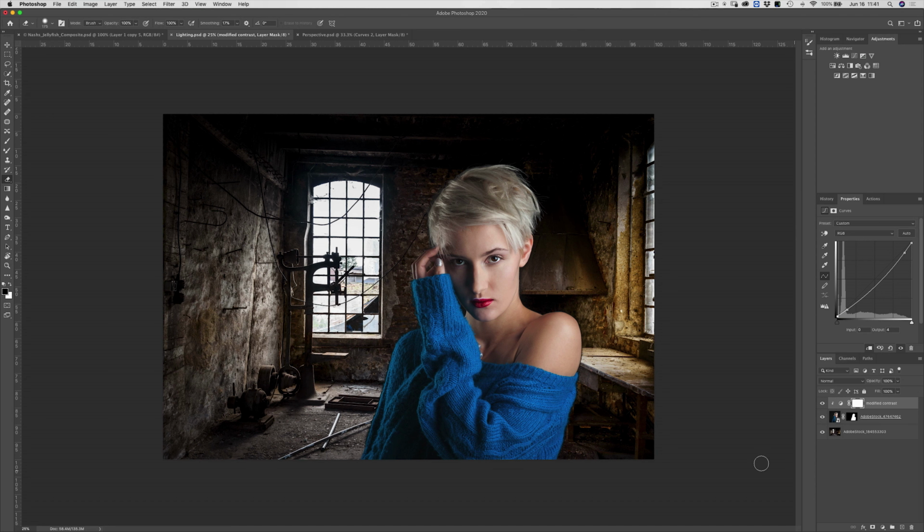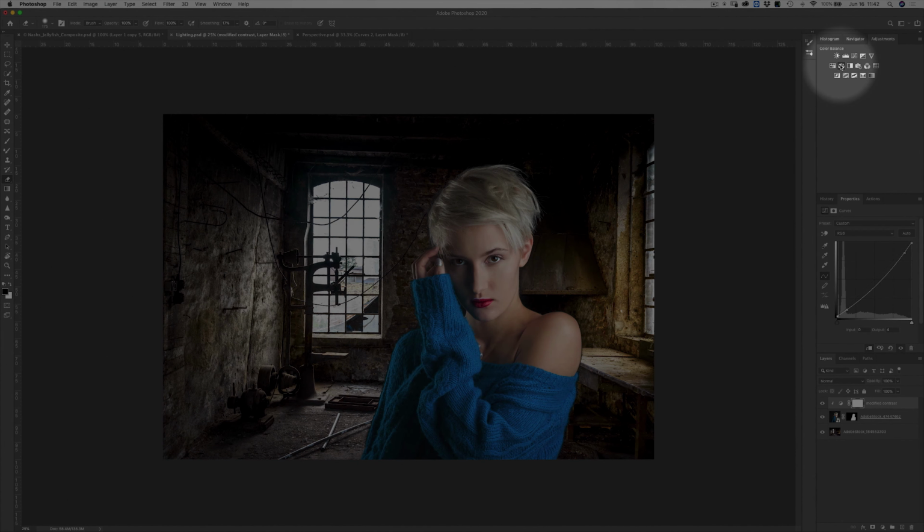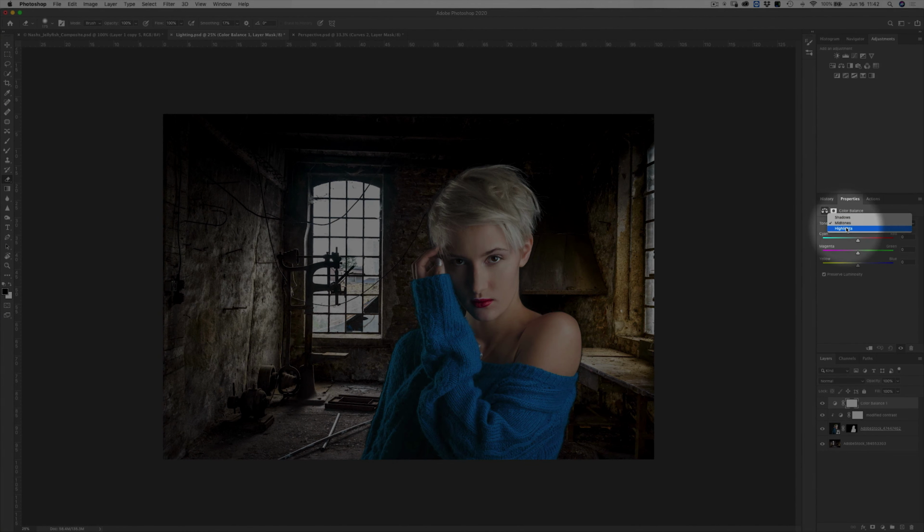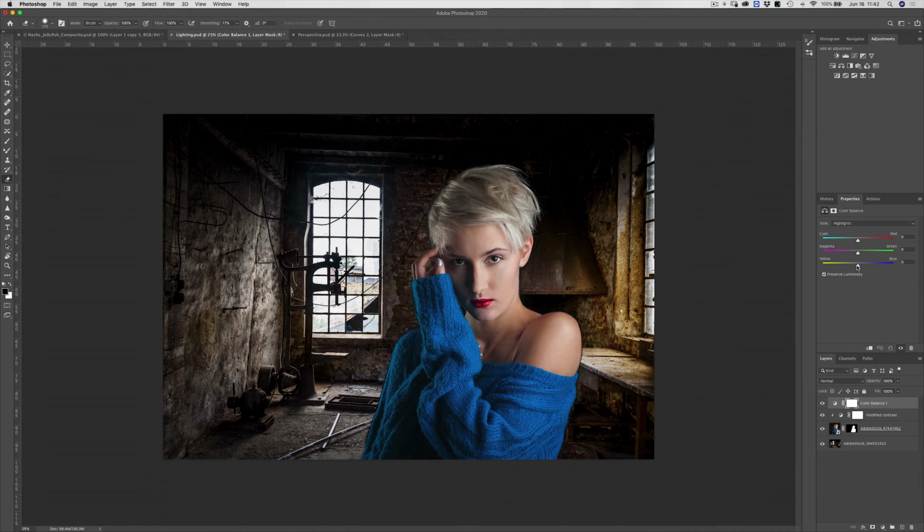The other thing that I want to do, there's just a little bit too much blue in this image of my model. So I'll choose a color balance adjustment layer from up here in my adjustments panel. And then I'm going to choose to modify the highlights. And then I'm just going to add a little bit more yellow to the highlights of this image.